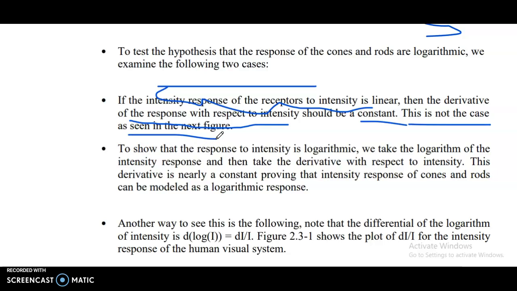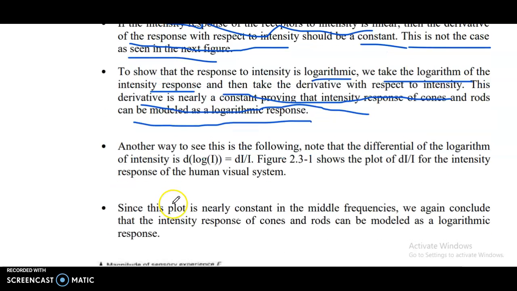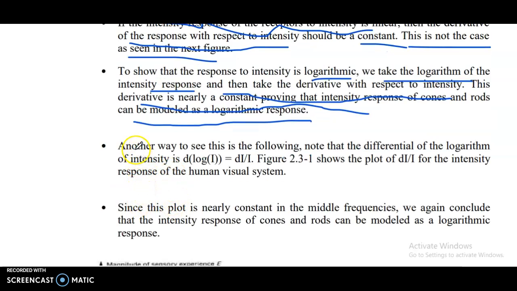To show that the response to intensity is logarithmic, we take the logarithm of the intensity response and then take the derivative with respect to intensity. This derivative is nearly constant, showing that the intensity response of cones and rods can be modeled as a logarithmic response. Another way to see